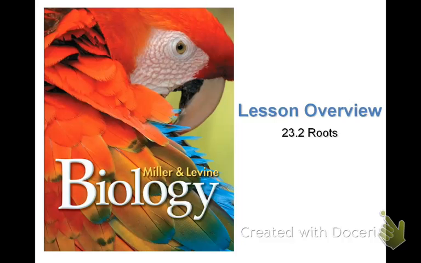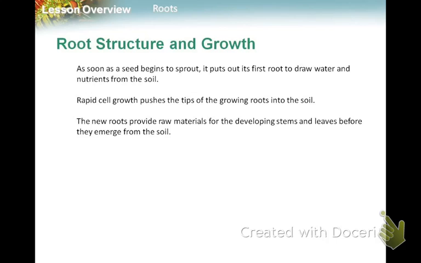Here's an overview of roots, specifically. A little bit more detail here. When a seed sprouts, it puts out its first root to get more water and nutrients from the soil. We have an apical meristem in the root that causes it to grow deeply into the soil. This is how the plant gets raw materials for development before the stems and the leaves emerge